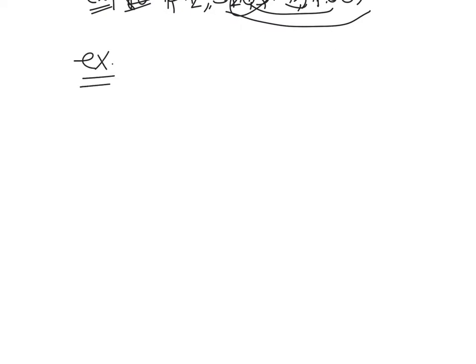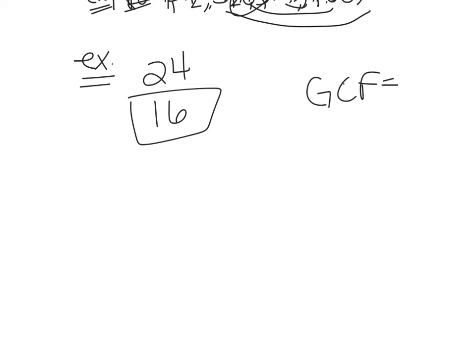If I try 24 and 16, I want to find the GCF without showing any work. So I'm going to start with my smallest number, 16, and I'm going to say, okay, what's the biggest number that goes into 16? What's the biggest factor of 16? Well, 16 is. Can 16 go into 24? No. All right, so what's the next biggest number that goes into 16? 8. Well, 8 goes into 16 because it's a factor. Can 8 go into 24? Yes, it can, so my GCF is 8. Your goal is to be able to do this as fast as you can, because this is only half the